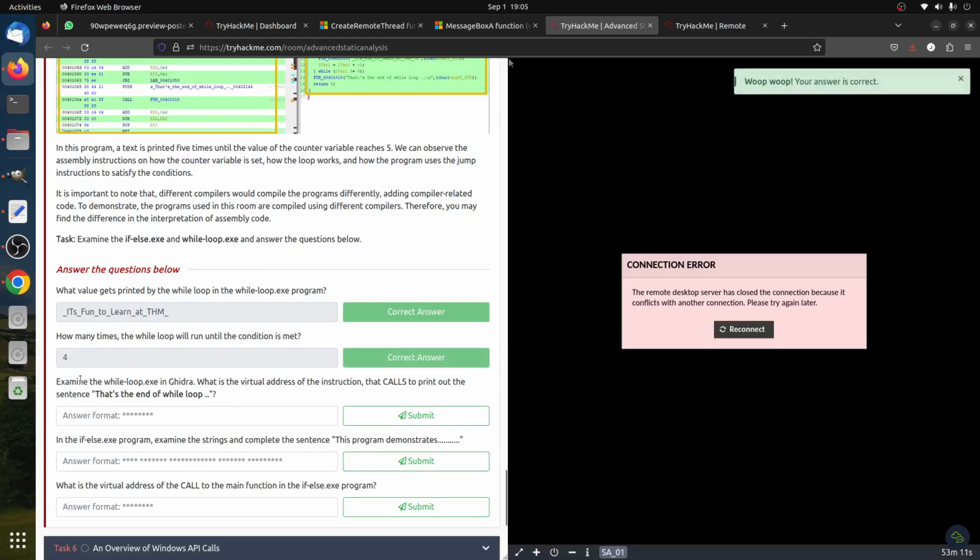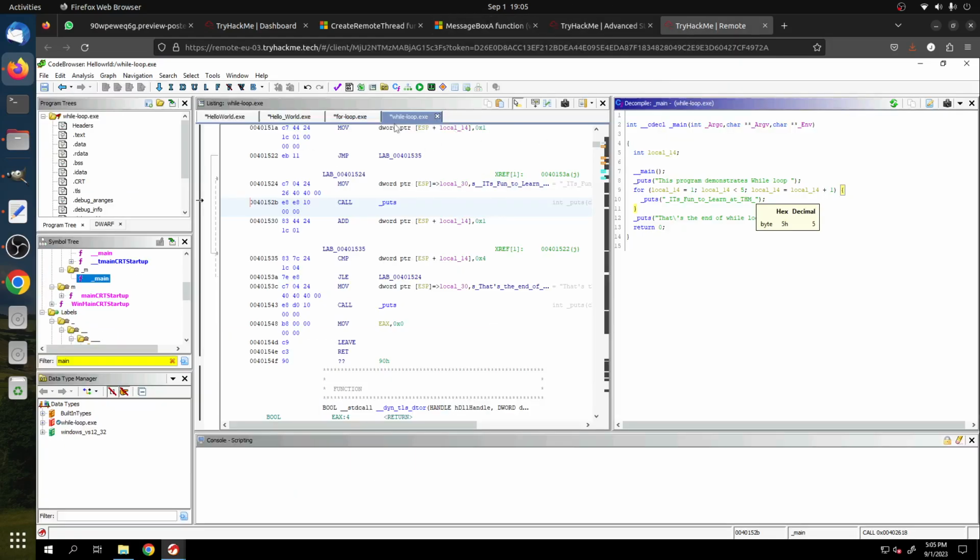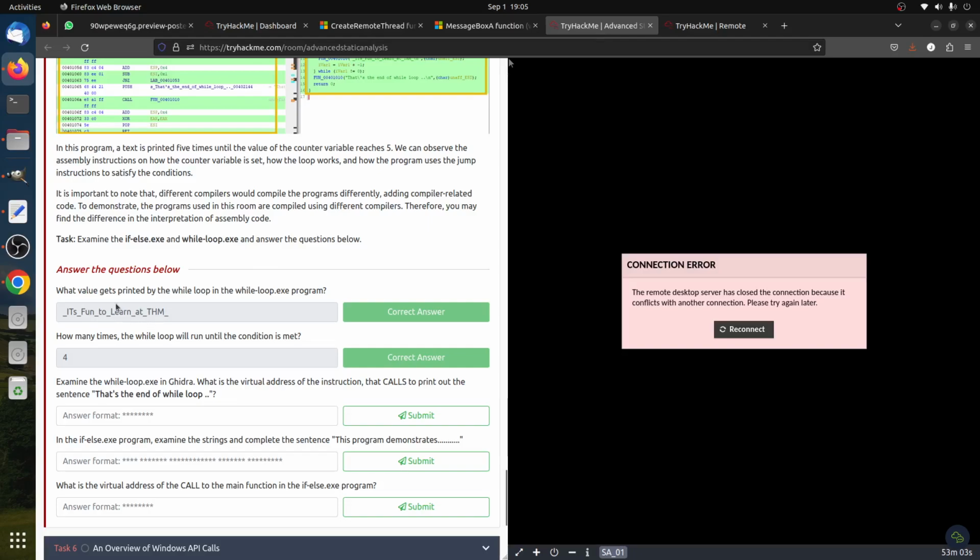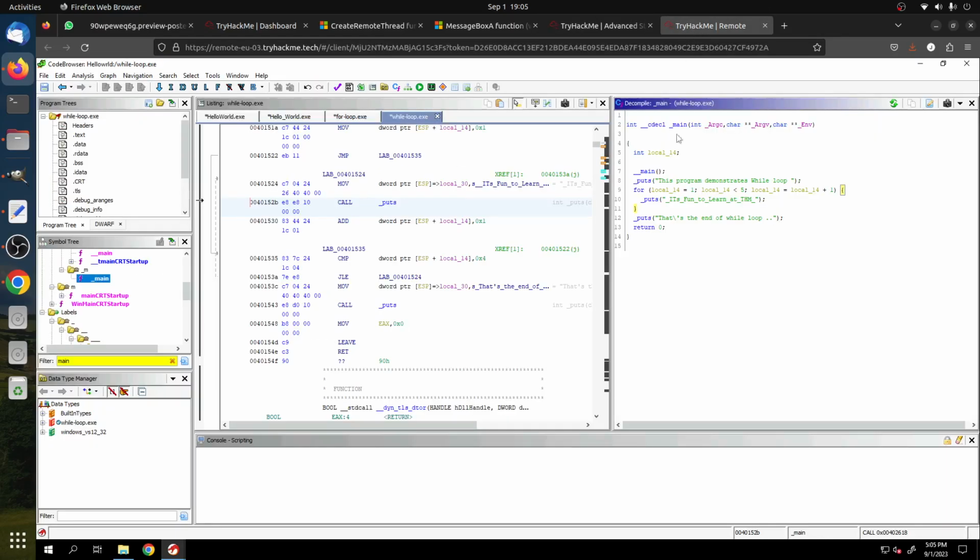Then, sorry, examine the while loop in Ghidra. So we go back to the while loop. We're still in the while loop. What is the virtual address of the instruction that calls the print out of the sentence at the end of the loop? Okay, so if we go to the end of the loop,